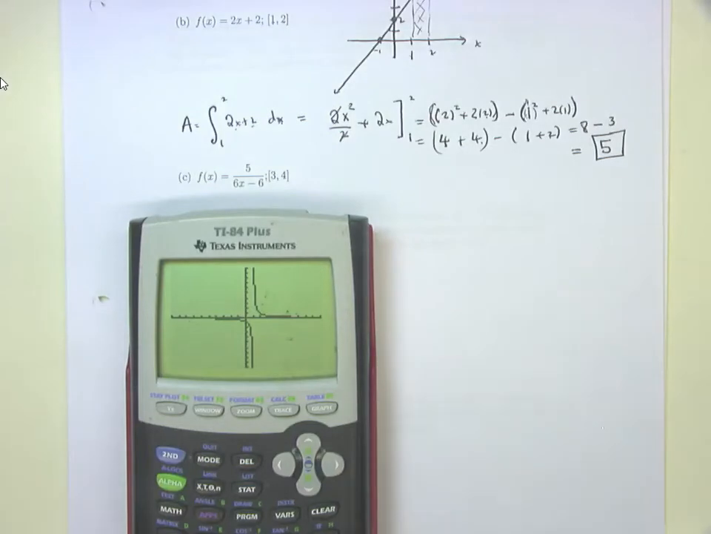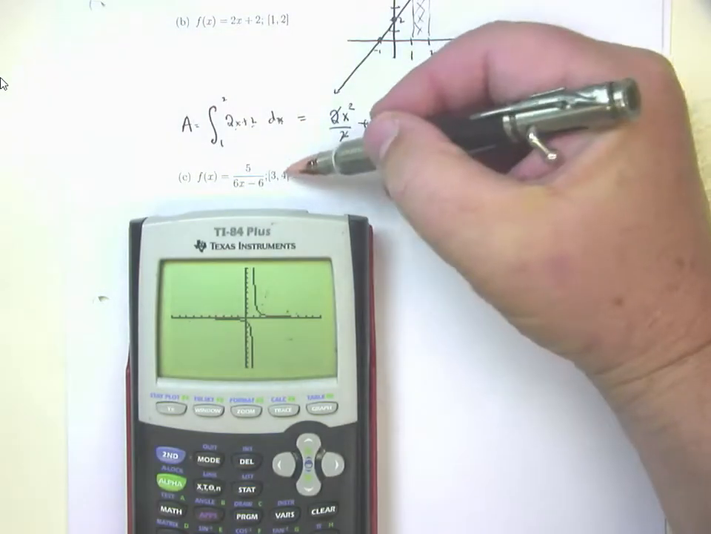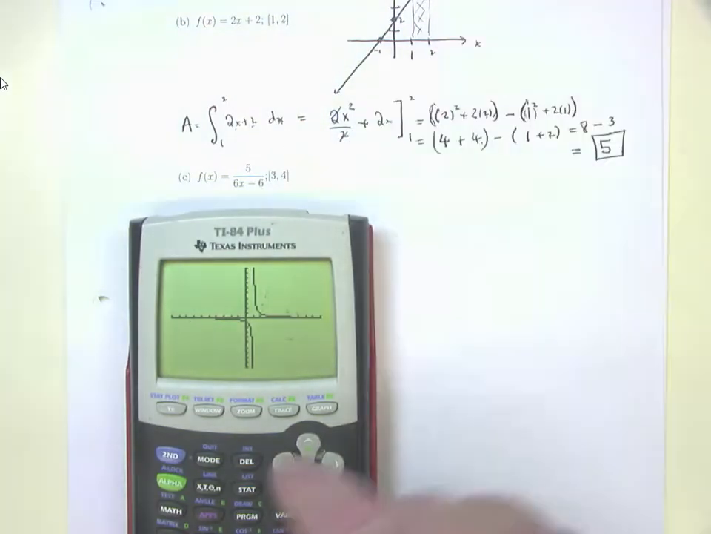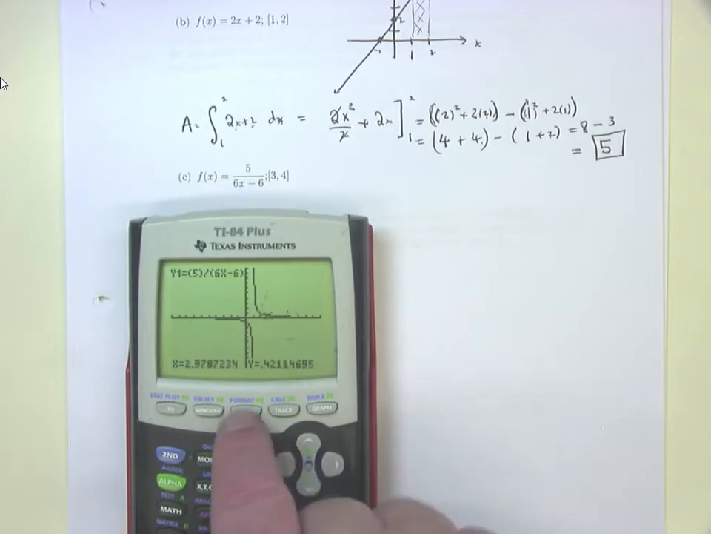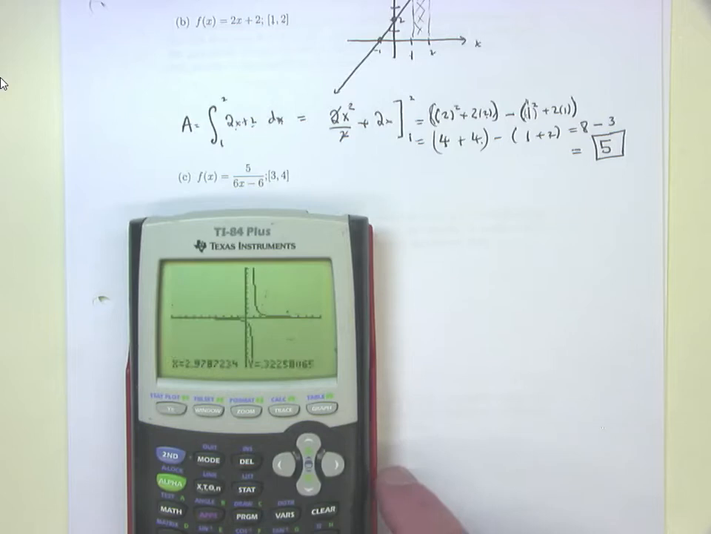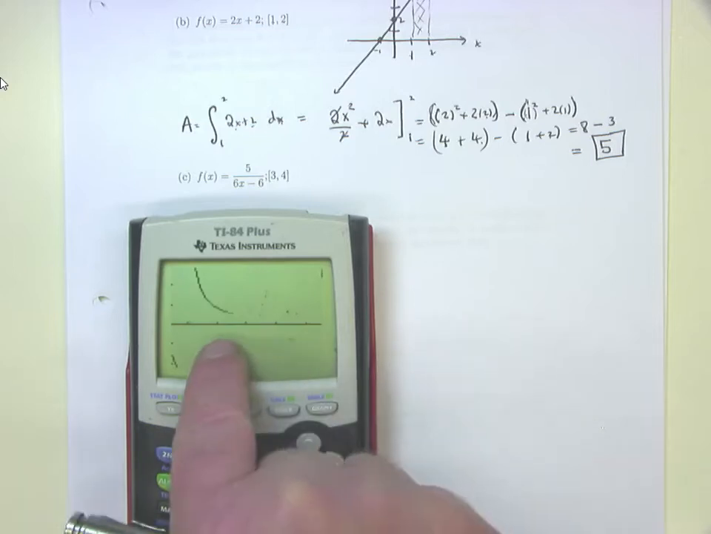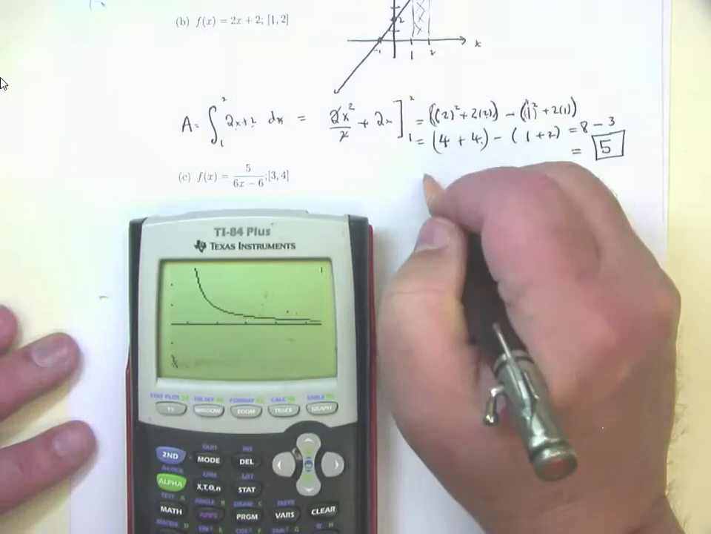But look where your region is. Where are my bounds? Between what two numbers? 3 and 4. 3 and 4 is over here. So I'm going to basically take my little trace and go over here somewhere between 3 and 4, and zoom in on that little region right there. And there it is right there. So when I graph this thing,